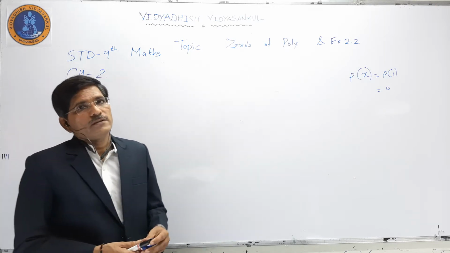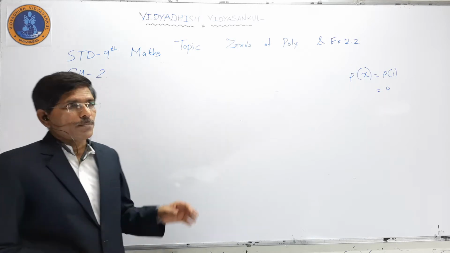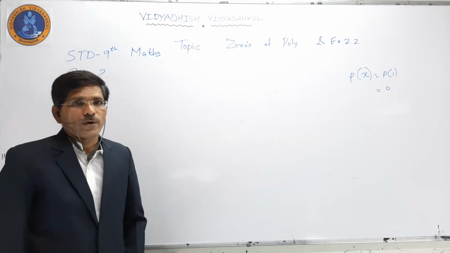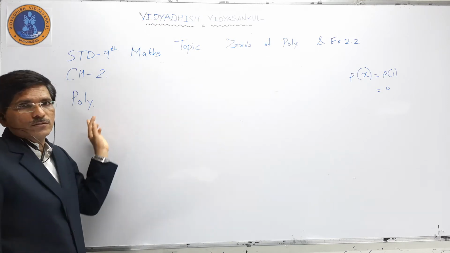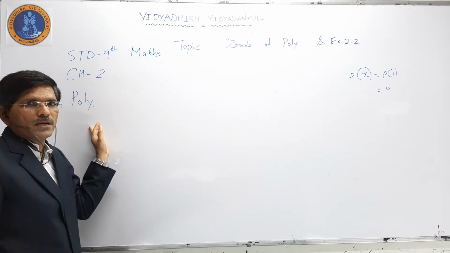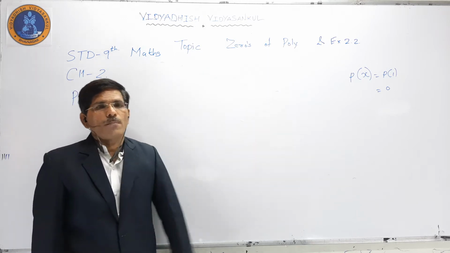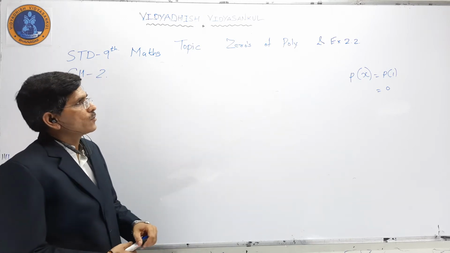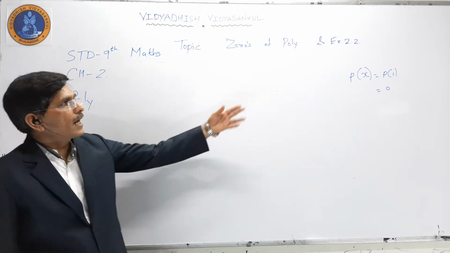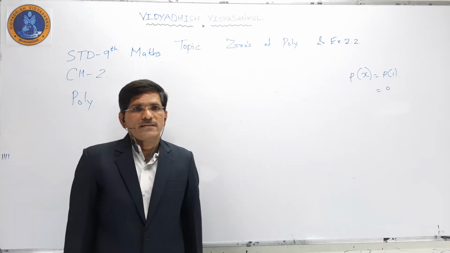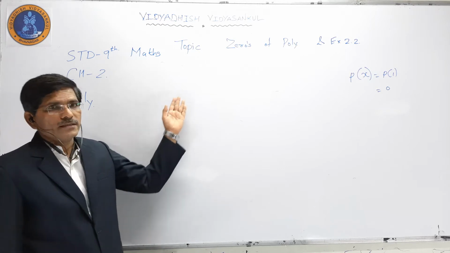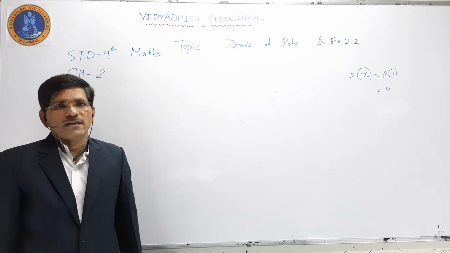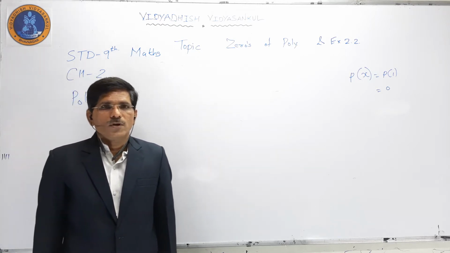Kids, today I will explain the topic zeros of polynomial. In chapter number 2, the chapter named Polynomials, today we want to discuss the topic zeros of polynomial, and afterward the related exercise, that is 2.2. So before we start this topic, in the last lecture we have already seen